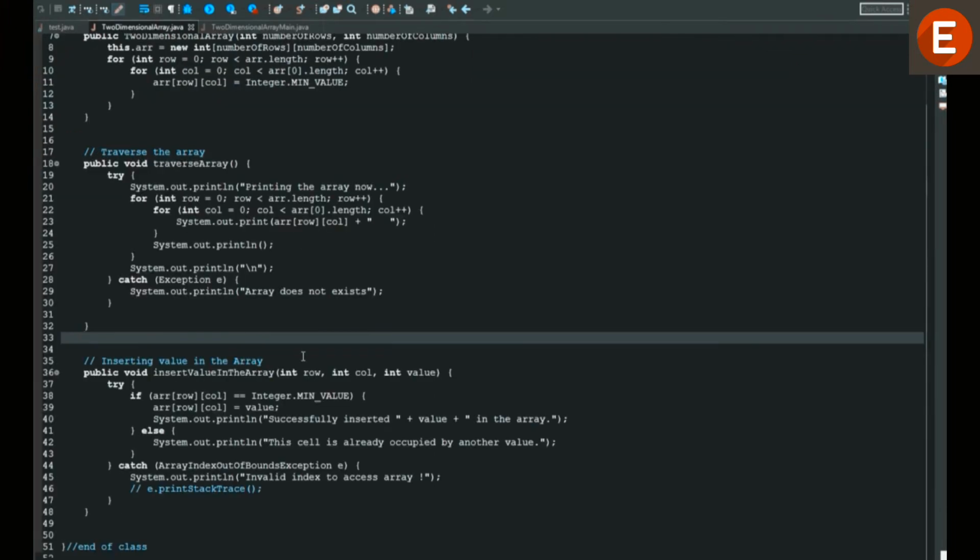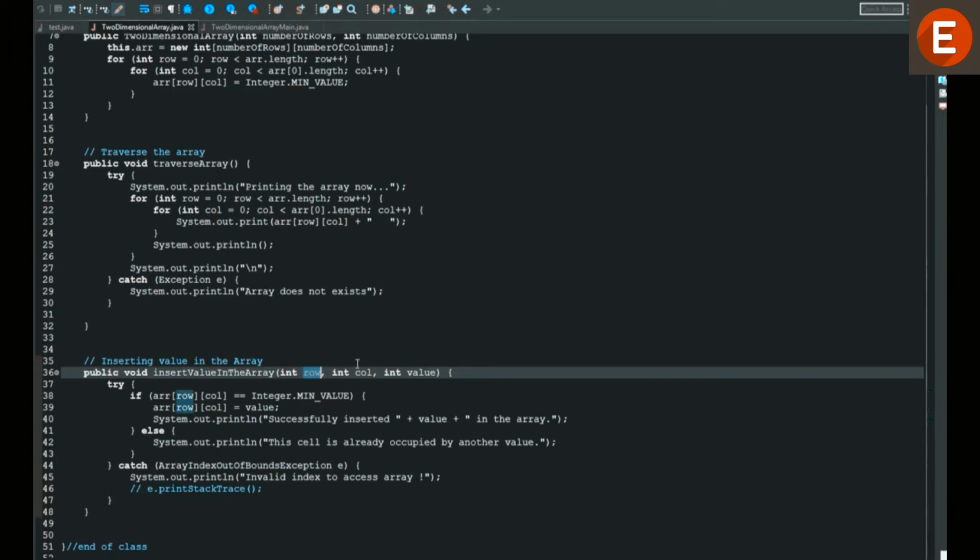The next operation is inserting a value in the array. It takes the row and column where we want to store the value, and the value that needs to be stored.